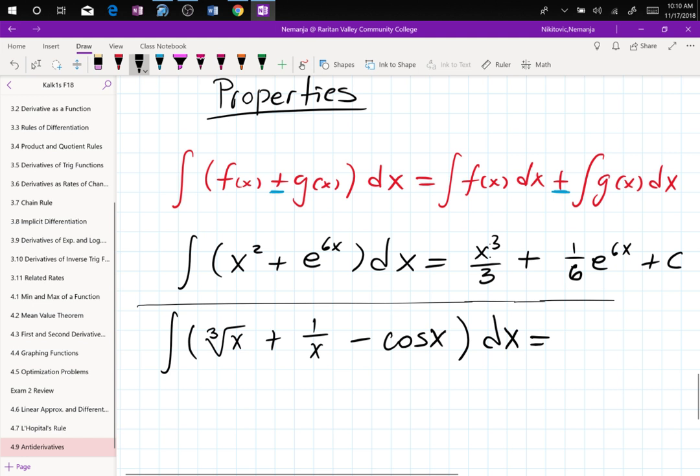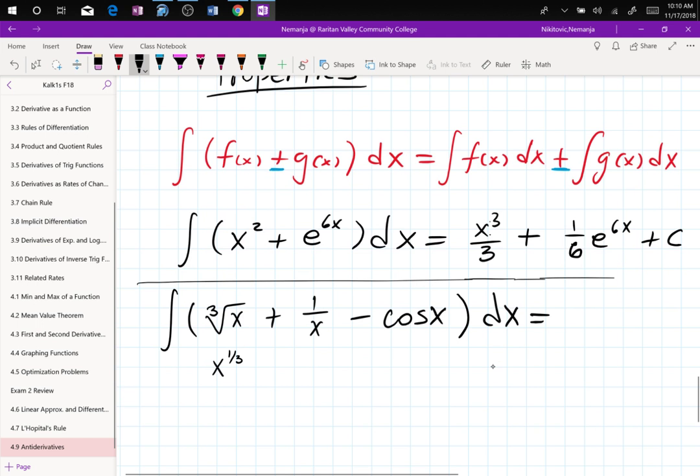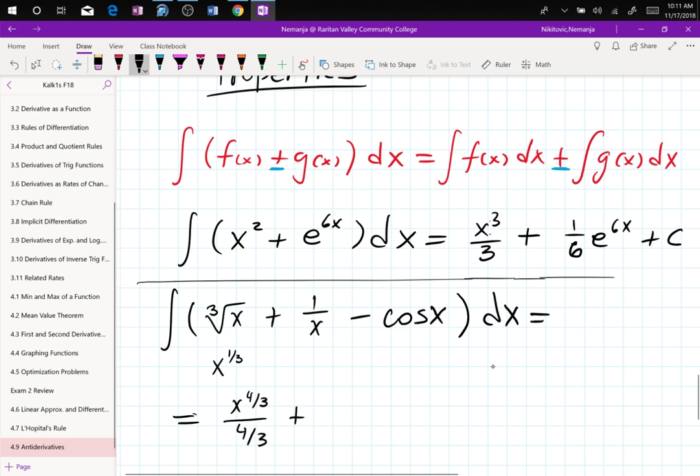So if I know that I can rewrite this cube root as x to the 1/3, right? So we are immediately adding 1, so that's x to the 4/3 over 4/3, plus ln absolute x minus sine x, because the derivative of cosine is negative sine, so the sign doesn't change,